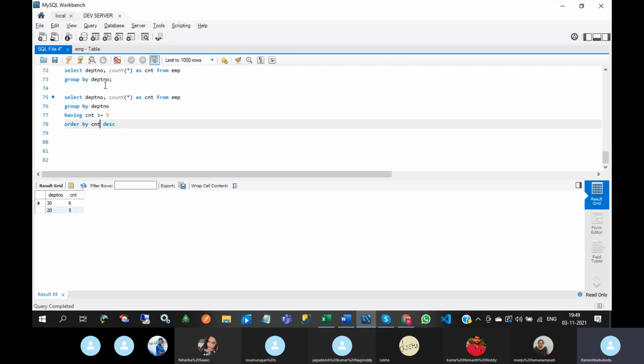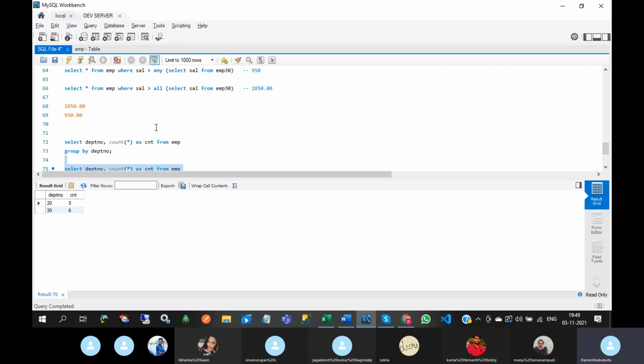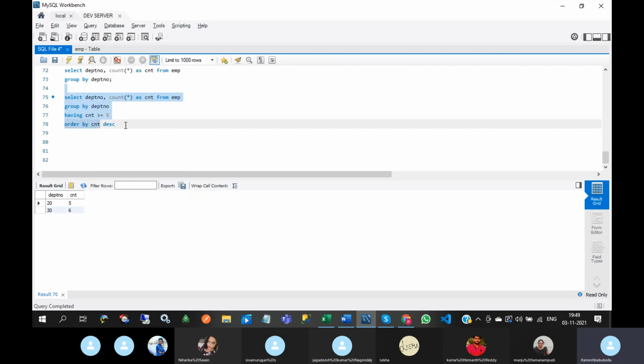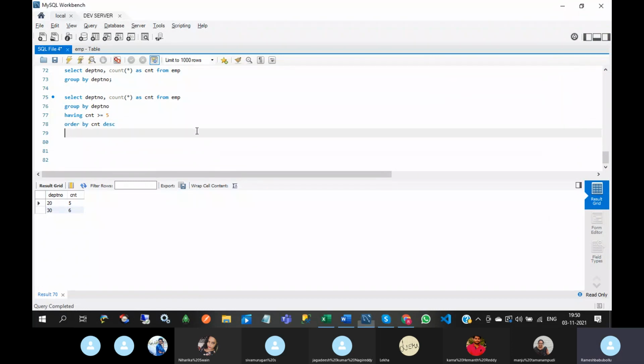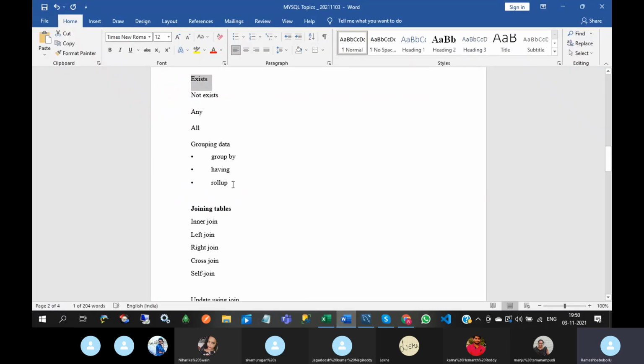Okay, so if you execute like this, it will come in ascending order; by default it is ascending. If you give DESC, then it will come in descending order. Okay, so that is the having clause.